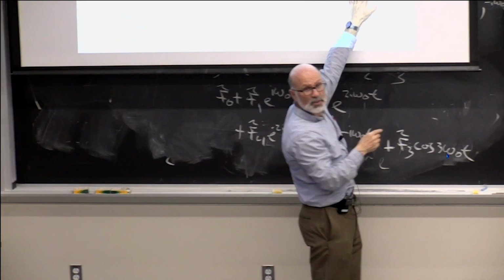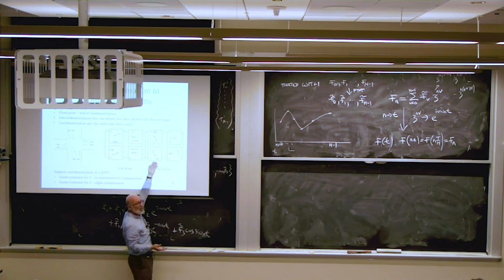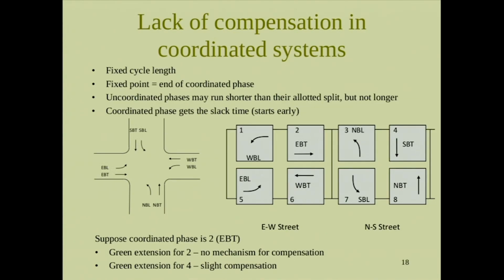These phases can have some actuation. They can have some detectors. And so they might run shorter than scheduled. And if they gap out quicker, run short, and this one gaps out, it runs short, this one gaps out, it runs short, that means 2 and 6 are going to start early. But if they start early, they never end early. They run their full length because that's how we have the full cycle.